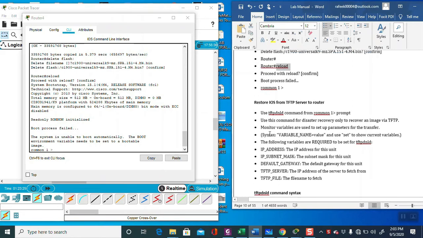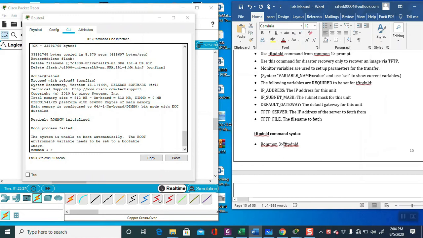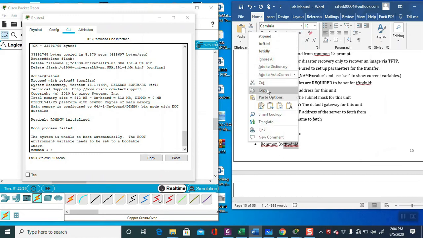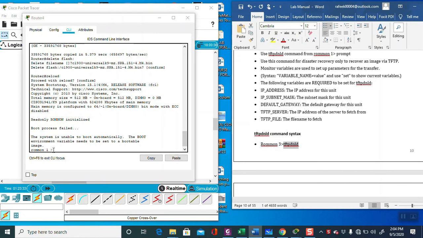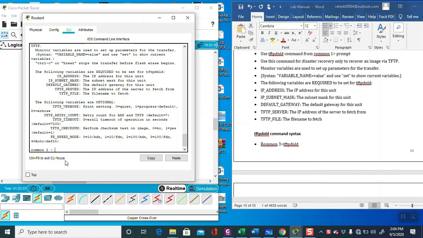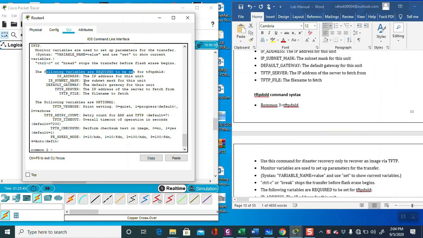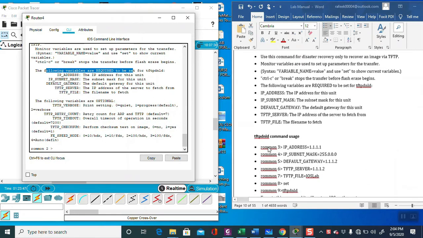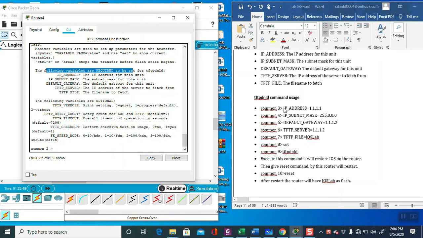So for reloading from the server, we are going to try this command. This command is telling us we have to provide the following parameters regarding the IP address and all these things. So now one by one we provide the IP address and subnet mask.